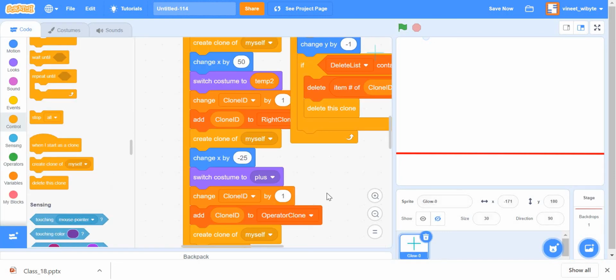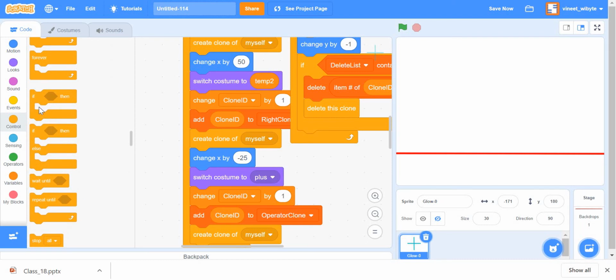We have done this many times before. So what I can do is that now that this line is in place, I can add a condition that if touching this line, which is basically if touching color, I can delete this thing. And in fact, somebody asked me a good question, that can this line also be a sprite? The answer is absolutely yes. This line itself could have been a sprite, and then you could use if touching sprite as well, right?